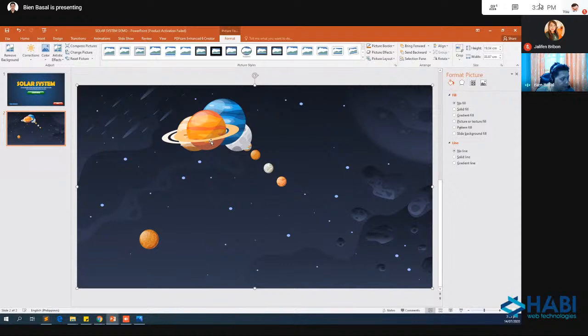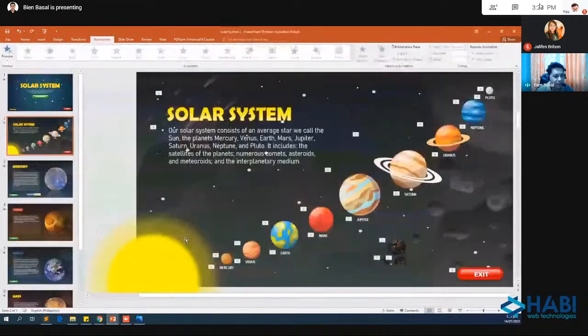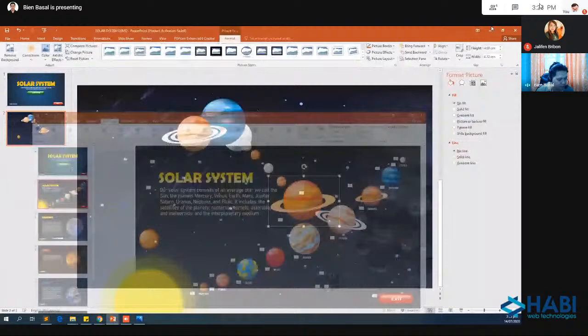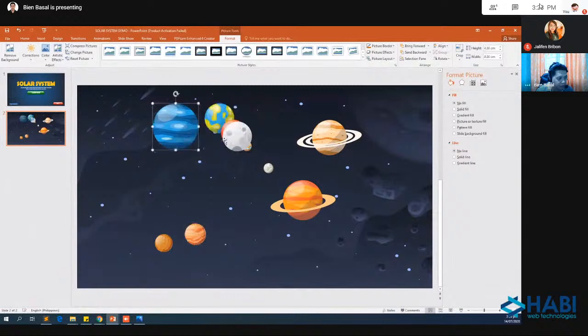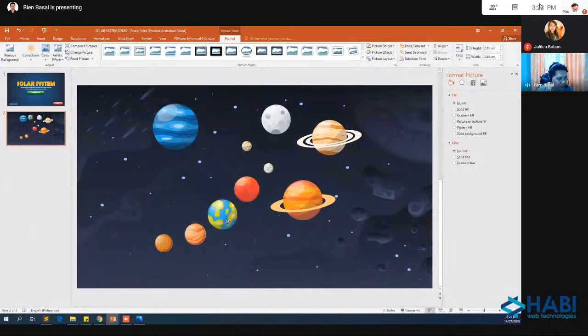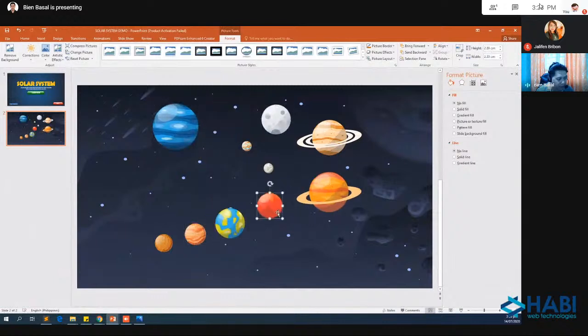So this one is hindi siya kabisado eh. I will check the arrangement of the planets. Mercury, Venus, Earth, Mars. So this one is Mercury. Ito ba yung Venus natin? So just resize them, arrange them na kung ano po yung feel po ninyo. Yeah, so overlapping po yung ibang shapes natin dyan or ibang planets natin. So just arrange them.